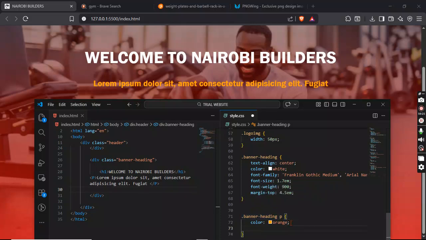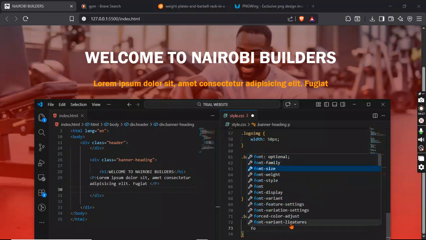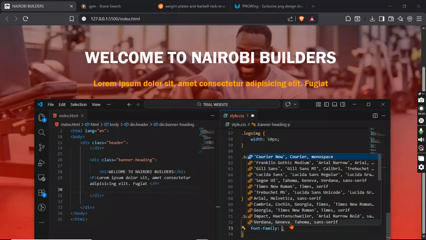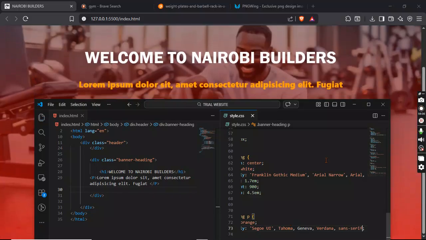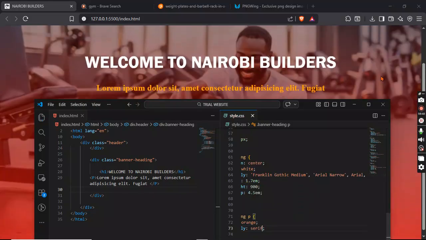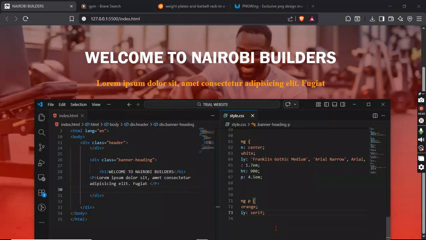Okay, font family, let us play with some fonts. Let's see. No, I don't like that. Let's play with serif. Let me see, serif, Verdana. Verdana is good,